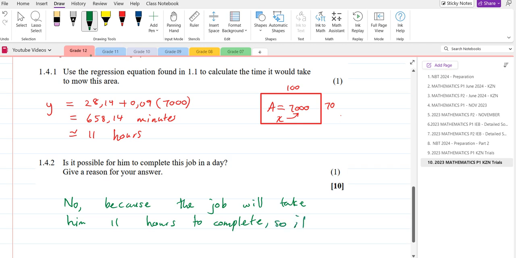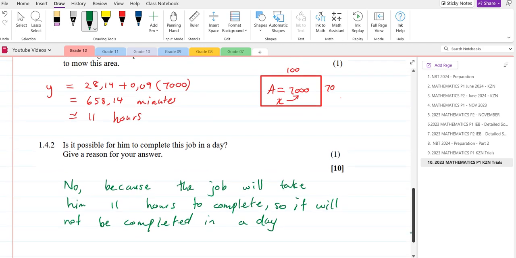So it will not be completed in a day. Alright, it's open-ended, so you can write more. Not completed in a day, since